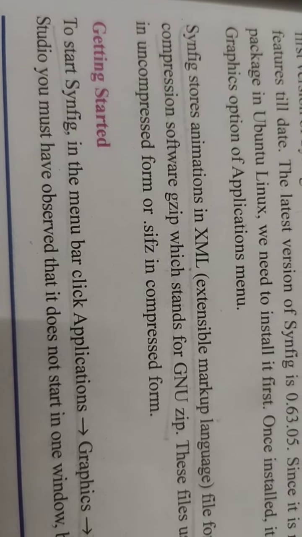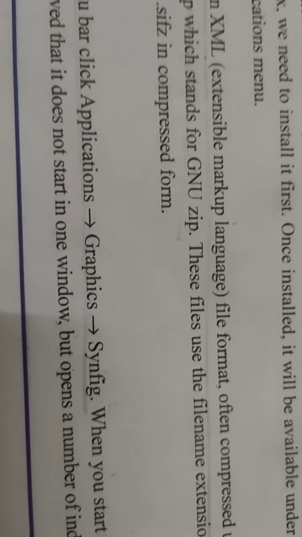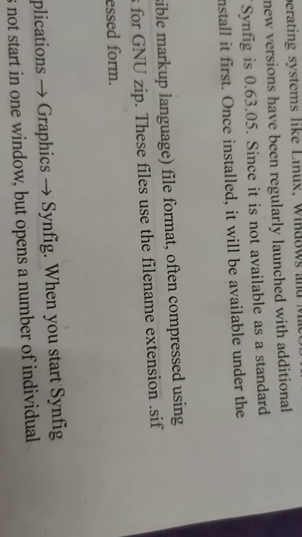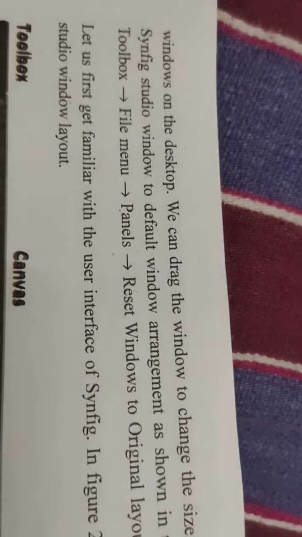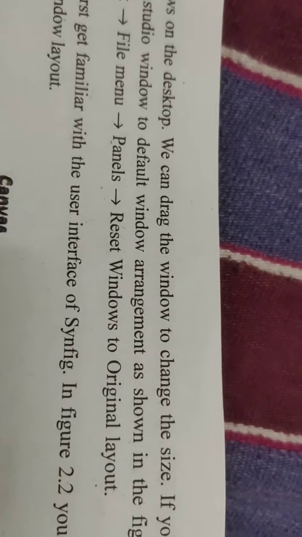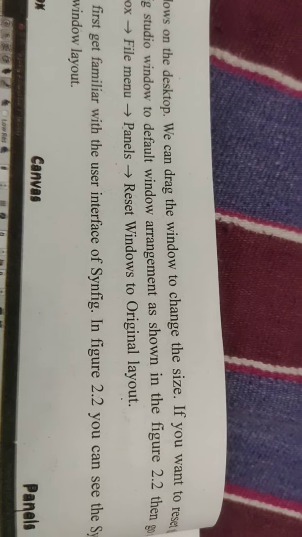When you start Synfig Studio, you must have observed that it does not start in one window but opens a number of individual windows. Same as on the desktop, it opens n number of windows. We can drag the window to change the size.